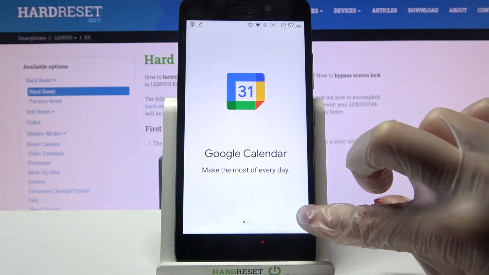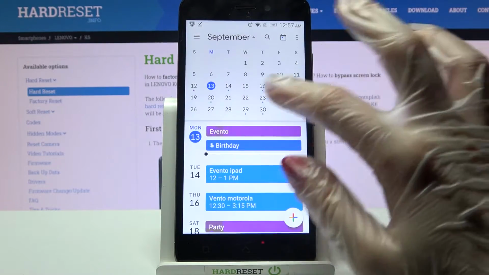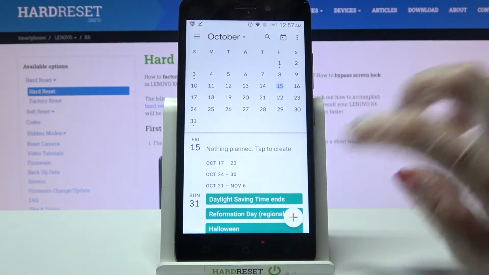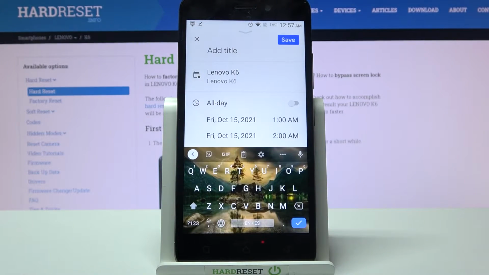Now you need to click on this icon at the bottom right corner and just got it. Then tap on the month above and pick a date. When you're done, click on this plus icon at the bottom right corner, select event and customize it however you